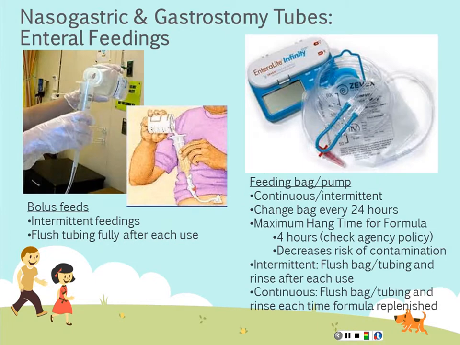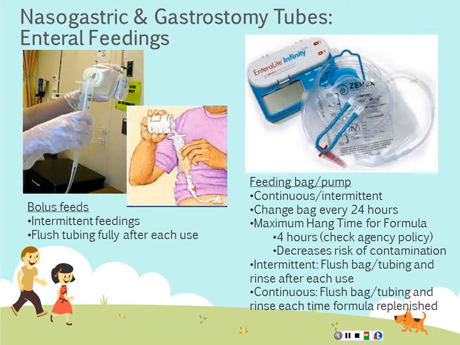So when we're doing feedings through enteral tubes, there's a couple different ways you can give it, and the physician may order it this way. It may be a preference, it may be a hospital policy, or it may be some way they do it at home. So you always want to know if they have a home plan of care that they're using in the hospital, or if the facility or physician has a certain preference. But you may give the feeds either via bolus,